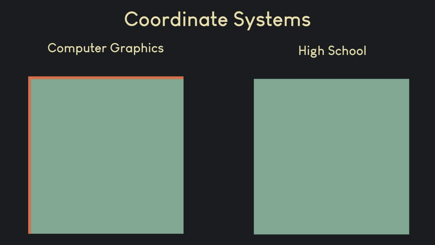In computer graphics, the origin of the display is located at the top left corner, with 0, 0 being at the top left. In contrast, the standard Cartesian coordinate system starts from the bottom left corner, with 0, 0 being the origin. In this system, the x-coordinate increases as we move to the right, and the y-coordinate increases as we